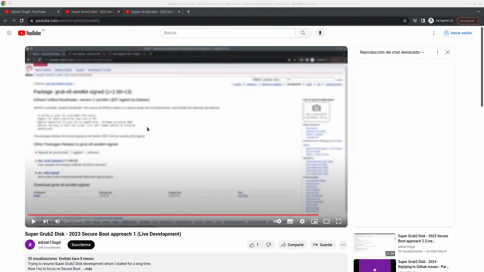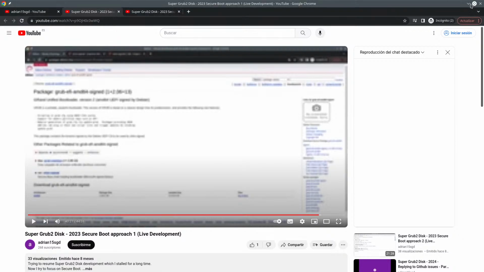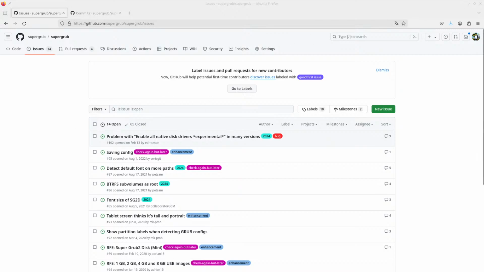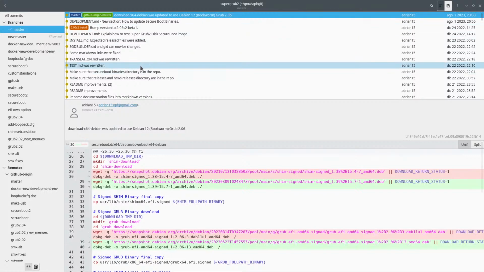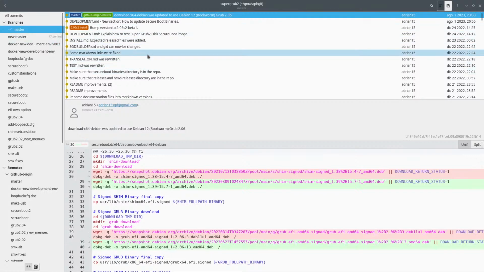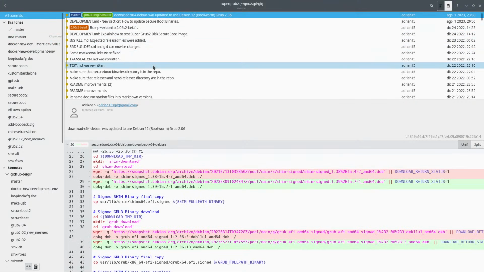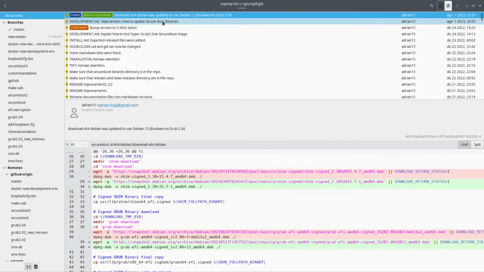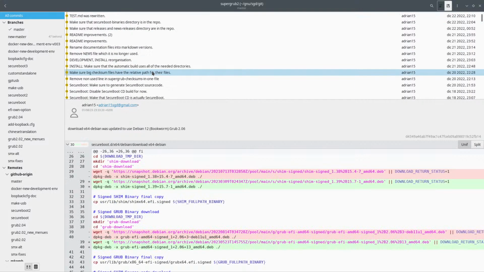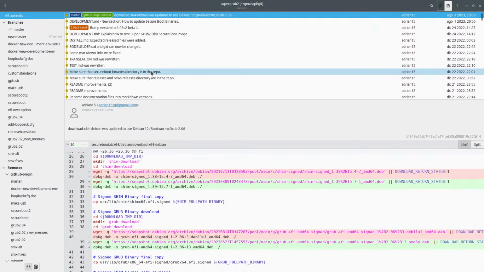I was watching my 2023 secure boot video from last year so that I can know what I'm supposed to be doing. There's this thing about this branch here, and I'm not sure why I did not use a branch for this, but